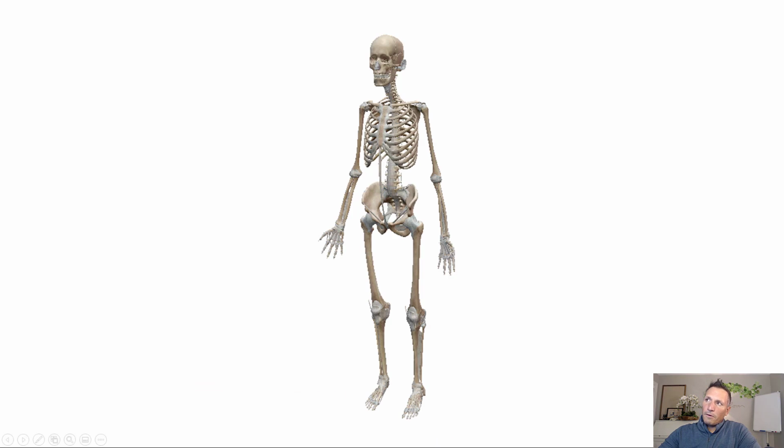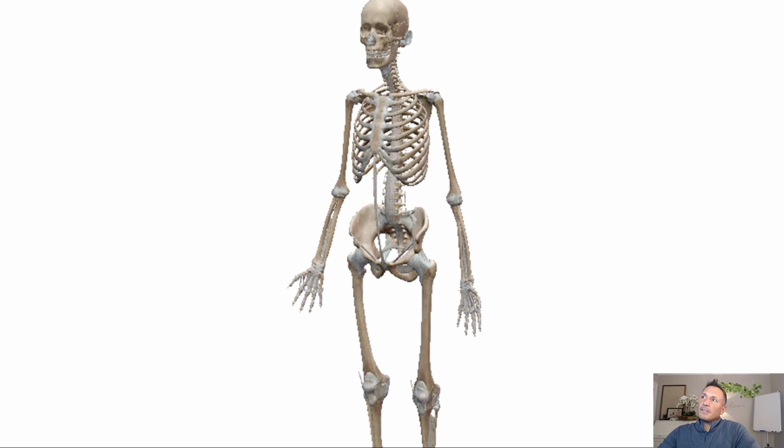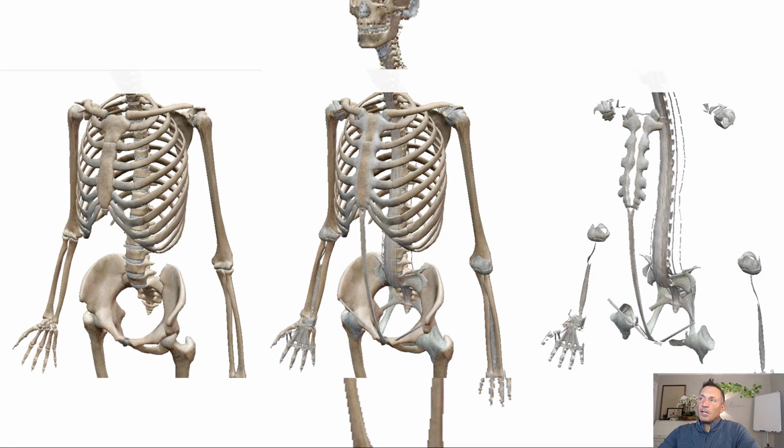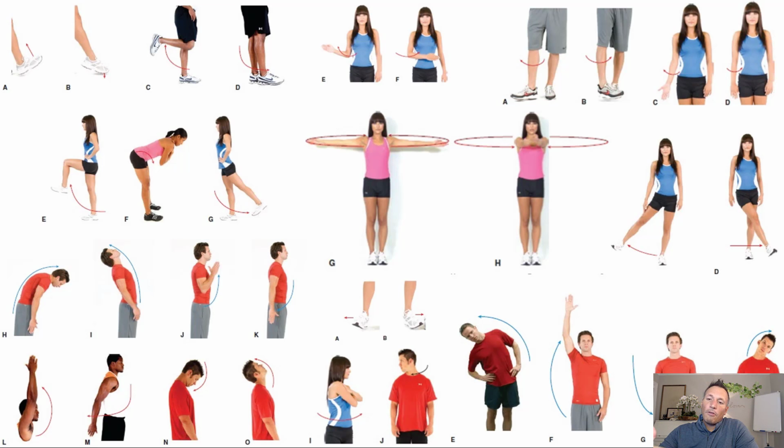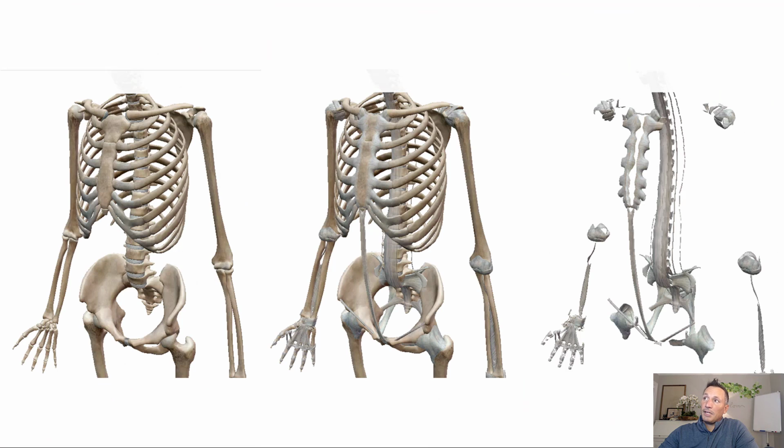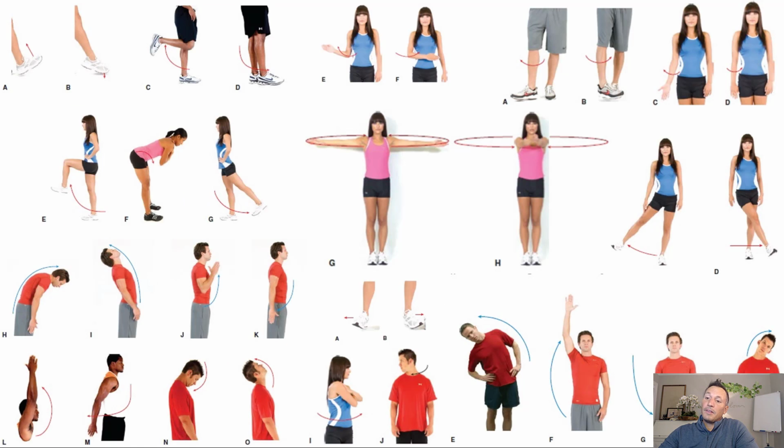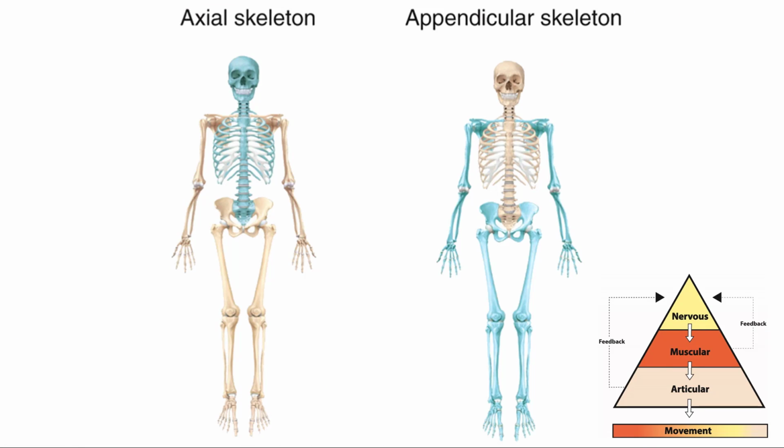So the articular system is the focus of our conversation, and it's the skeleton, the bones that we see. And the skeleton itself, the articular system, is not just the bones, but it's all the stuff that's connected here. So you'll see this is the articular system. This is just the bones with the cartilage and maybe some of the joint material. And then you can see there's a whole bunch of fascial and connective tissue and a lot of things that sometimes don't get a lot of credit. And this is what we want to consider, because when we look at all the movements that are available to us, that's all happening through this connective tissue. And these movements start with this foundation here when we look at our human movement system,